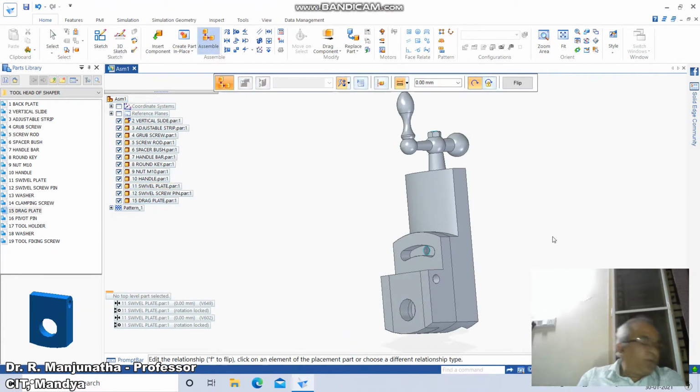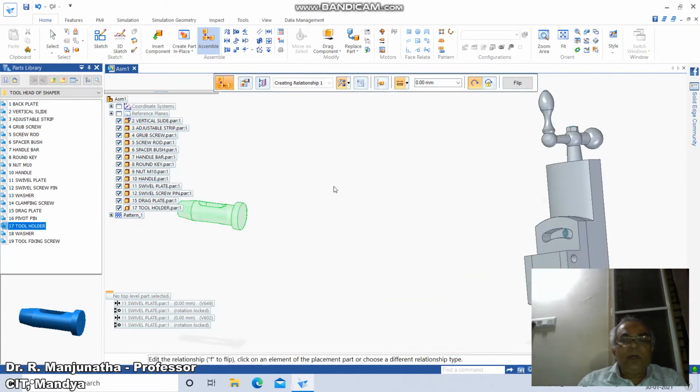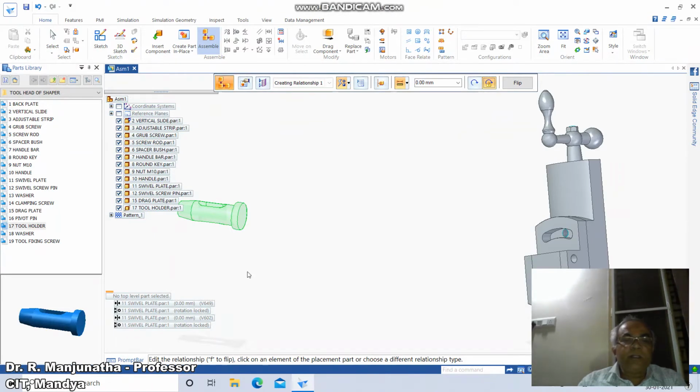Now to this we are going to have one more part, which is part number 17, the tool holder. You just double click on this tool holder and then go to flush fit and lock the rotation, click on this cylindrical portion with reference to this cylindrical portion.